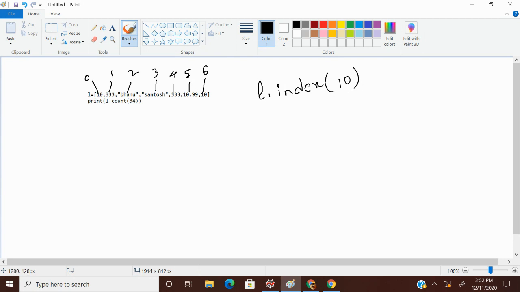First occurrence, from where does it start counting? From left to right. Wherever 10 occurs first, it will return that index position. So our first 10 occurs at the 0th location, so my output will be 0.